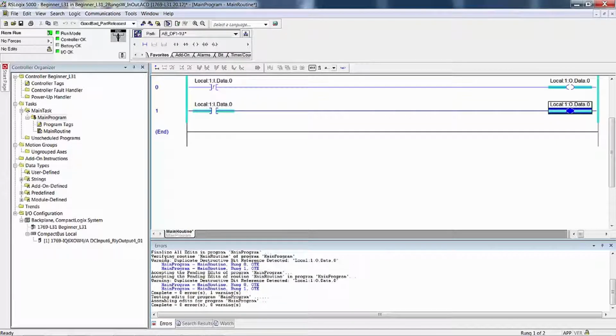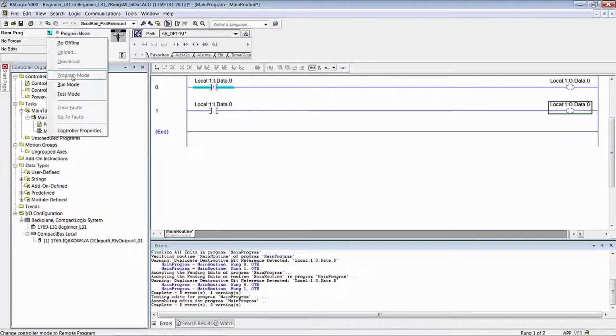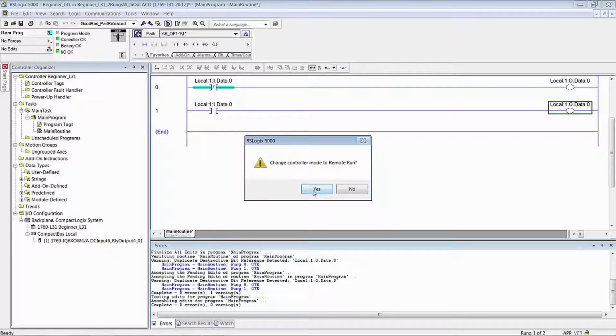You do have a warning. Warning, duplicate destructive bit reference, local 1, O for output data, bit 0. And you should never address the same bit in memory with 2 OTEs. Now we did this on purpose to demonstrate why. After you finalize all edits, when you go into the run mode, and before I click on yes, you will